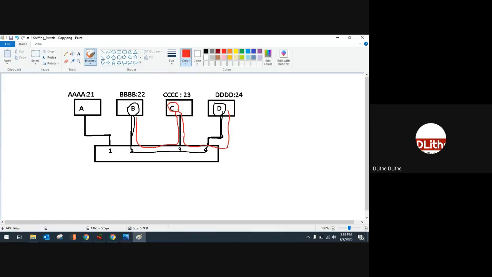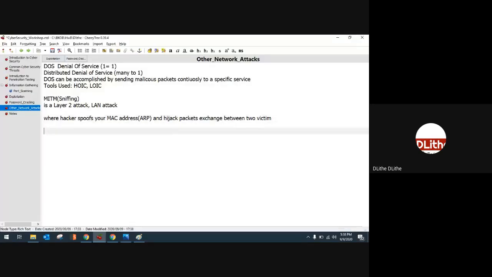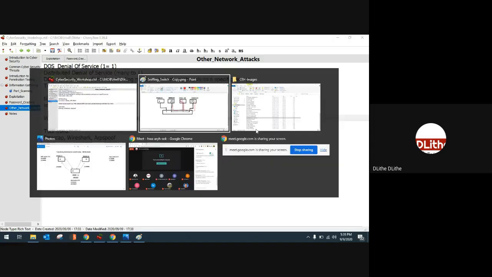Clear? So this you can use with tools like Ettercap, which is used to perform MITM or sniffing, and you could read the packets with Wireshark. Or you can also use something like arpspoof. arpspoof is a specific tool used for performing ARP spoofing. So this kind of tools you could use to steal or to sniff the data exchanged between two computers. Again, as I said, it's a very simple and straightforward attack.